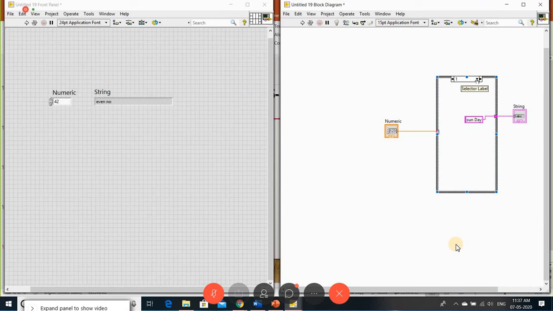Click on this, add case after. So now automatically the second case will come.